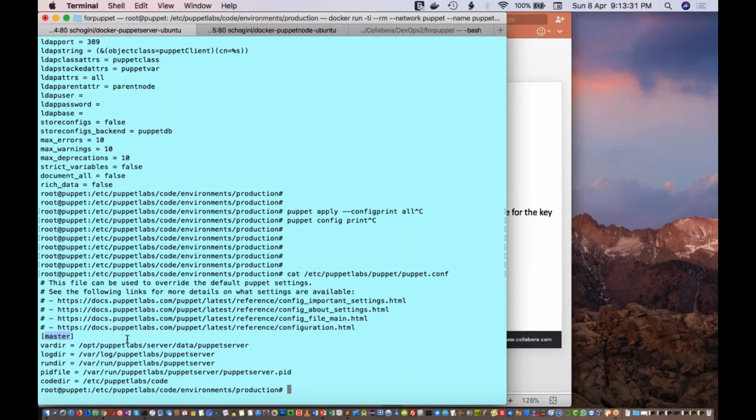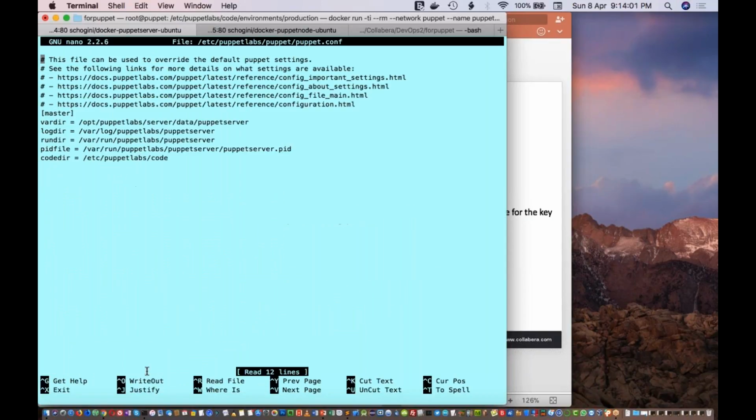Master is used by the Puppet master services and the puppet cert command. All these things will use the values inside this master section. If you add a main section, then it is the global section used by all commands and services. It can be overridden by the other sections, including master.